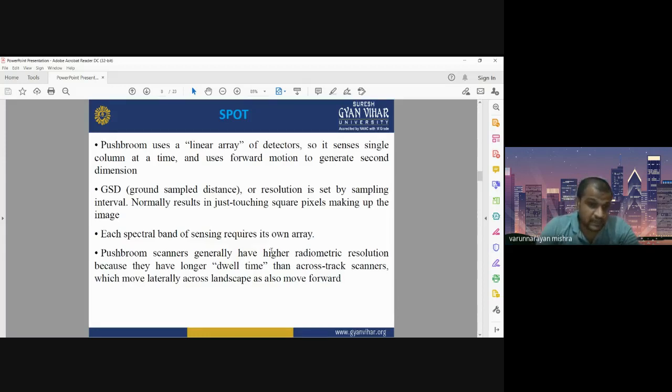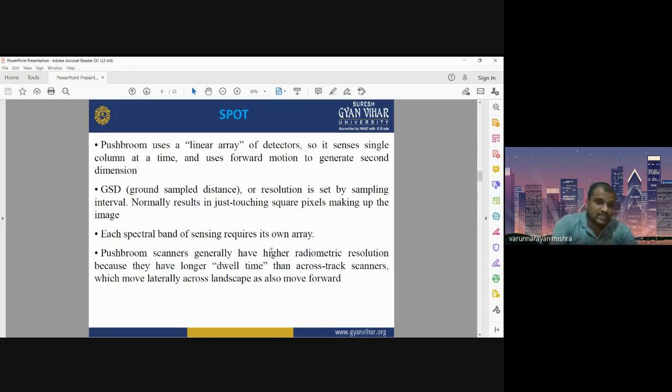Each spectral band of the sensing requires its own array. It means the blue spectral band can be detected by the blue detector, the green spectral band by the green detector, the NIR spectral band by the NIR detector. Each detector is sensitive only to a specific wavelength interval or spectral band.